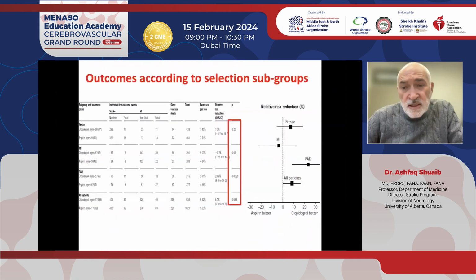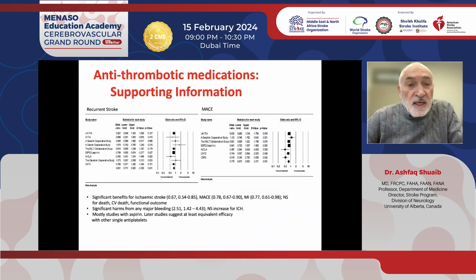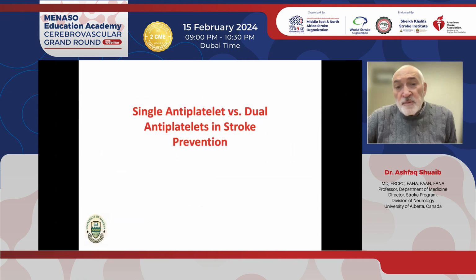So here you see that the study is actually driven by the peripheral arterial disease. And there is strong data from multiple trials since then that antiplatelet, antithrombotic drugs are actually very useful. And over time, the dose went down from 1,300 milligrams to 300 milligrams to as low as 30 milligrams in the Danish study. So strong data that antithrombotic medications prevent vascular disease in patients with TIA and stroke. The next big question was single agent versus dual agents, because the cardiologists have started using aspirin plus Plavix.